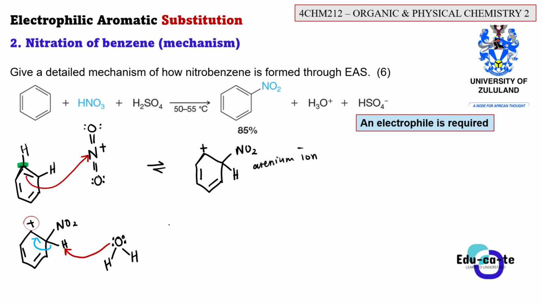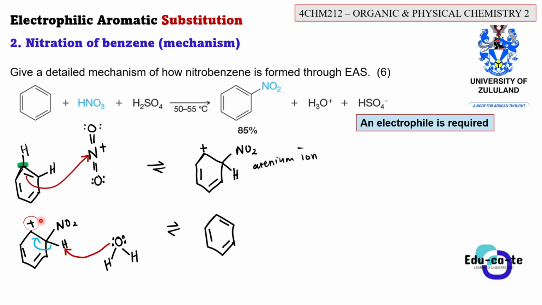So this will just give us something like this. So this will give us our benzene ring. You can see that now we are having a double bond here, a double bond here, and a double bond here. Where did this double bond come from? This one, where did it come from? It was actually transferred. Remember, there was a bond between hydrogen and carbon, but because H2O is taking away the hydrogen, the bond between carbon and hydrogen will break and will form another bond here, so that we can remove this positive formal charge.